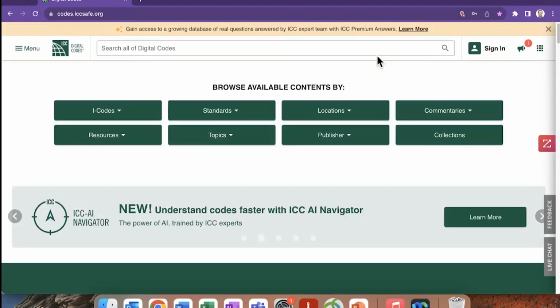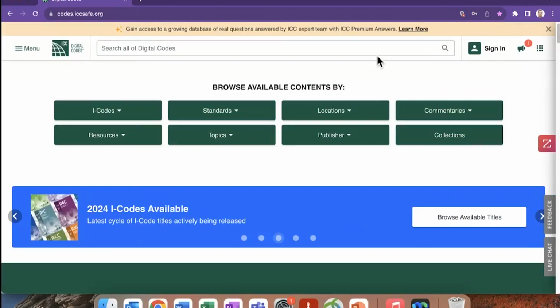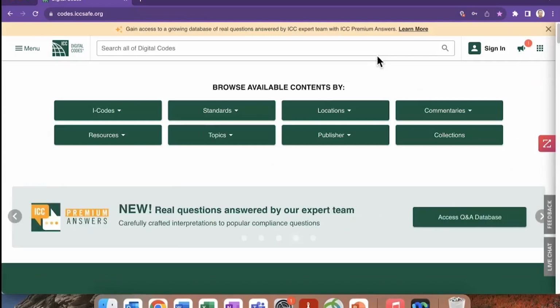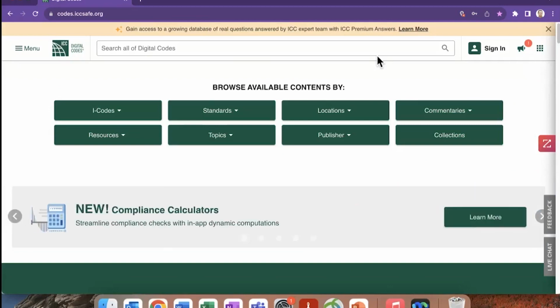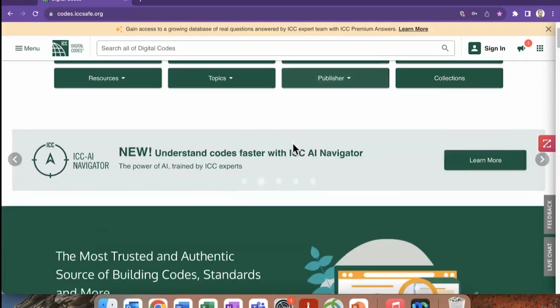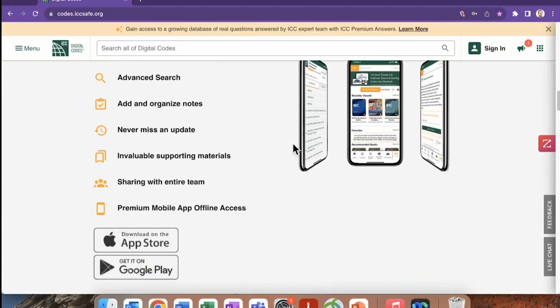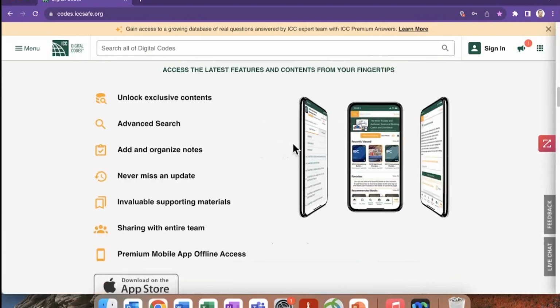So as mentioned, Digital Codes is a web-based software, and the advantage of that is that you can access this code content from anywhere you have access to an active browser. So this can be your desktop, it can be your laptop that you carry around with you, it can be your phone, your iPad. Your best experience will be accessing through the browser that will have all the features available, but we do mention, and this is also on the home page, if you do have an active license, you would be able to get